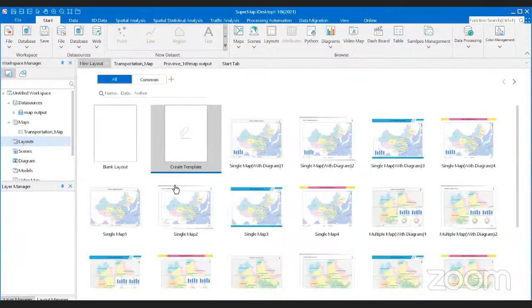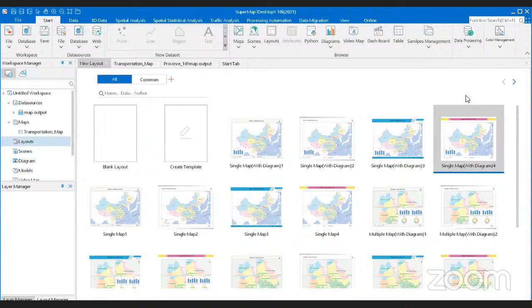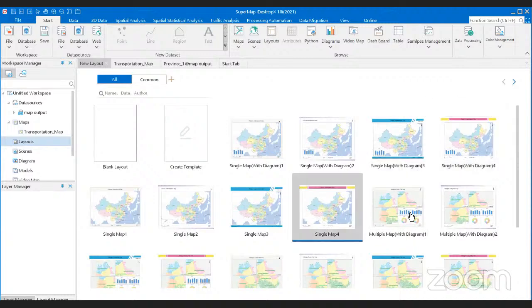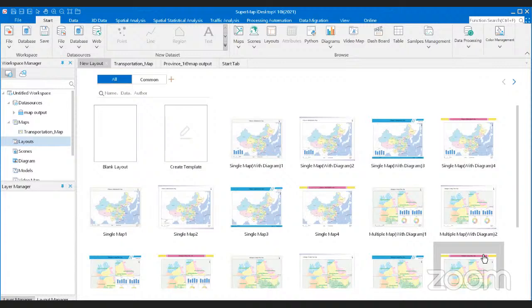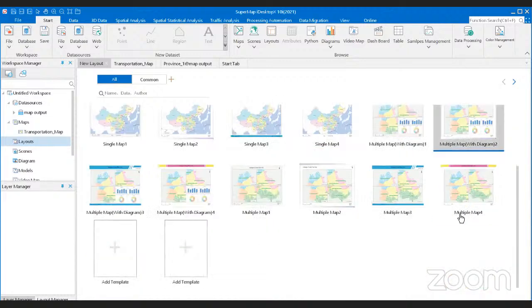new layout. Okay, so this is the one that we said iDesktop gave you like 27 types of templates. So these templates are what you can use, either if you want to create a new one, or you have some diagram or multiple maps that you want to put into your layout. So you can just click any of the templates that you want,